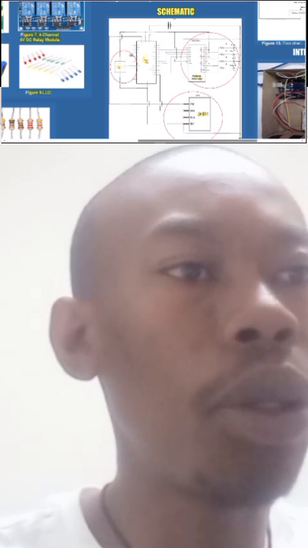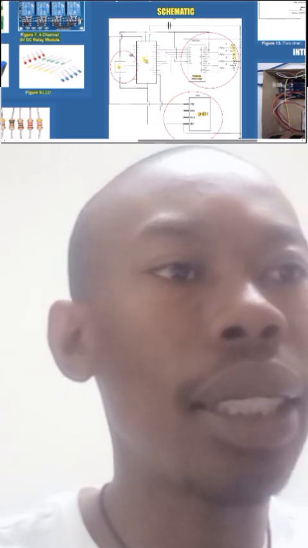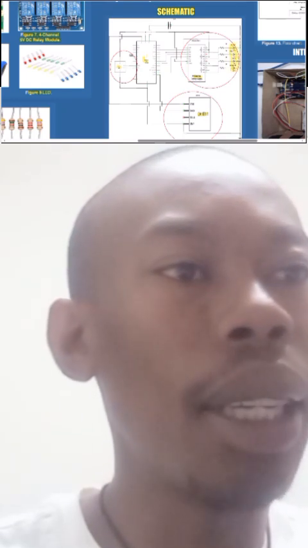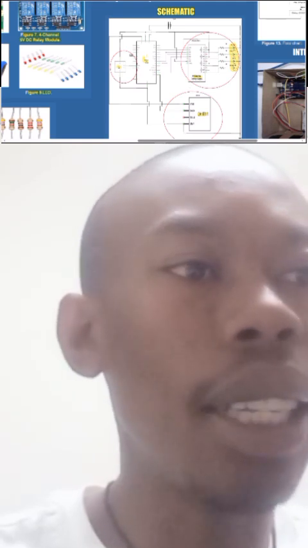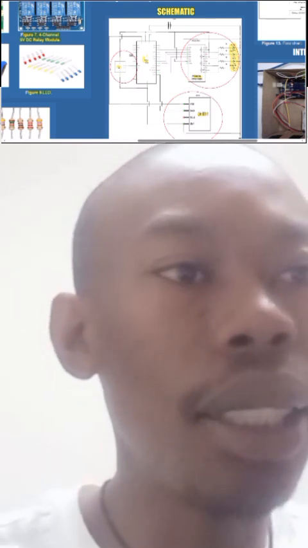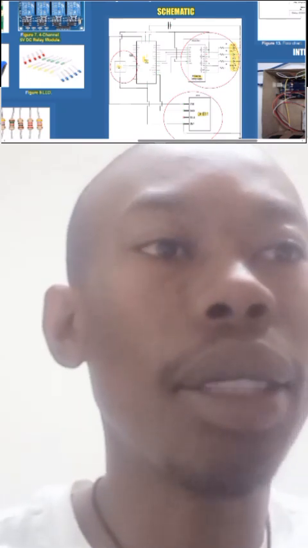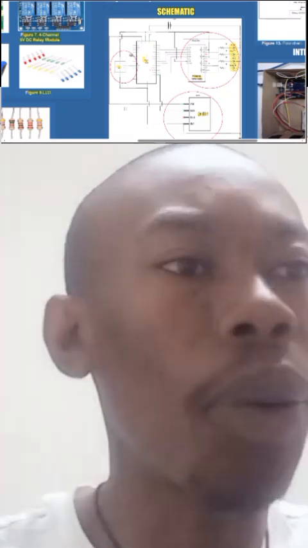Now we are going to use LEDs as indicators of the system status, instead of using the actual heater, fan, and sprinkler. We are going to use LEDs just to show that the system is working as needed. And all these are the wires